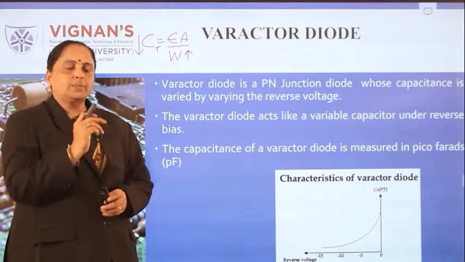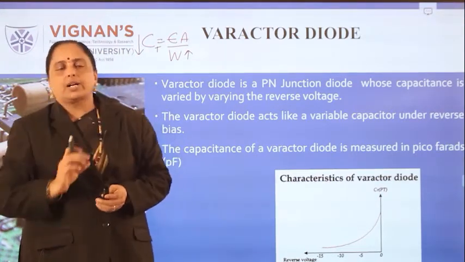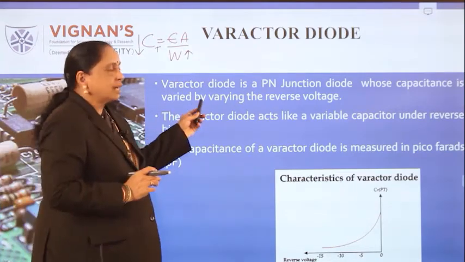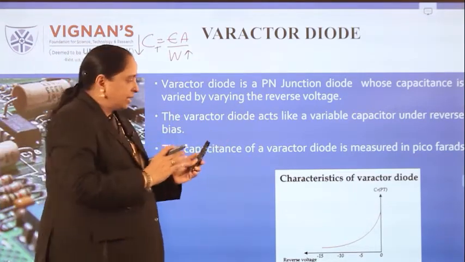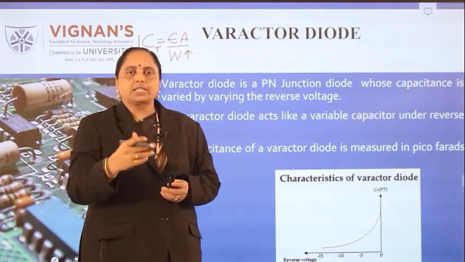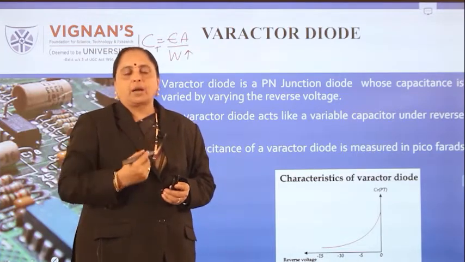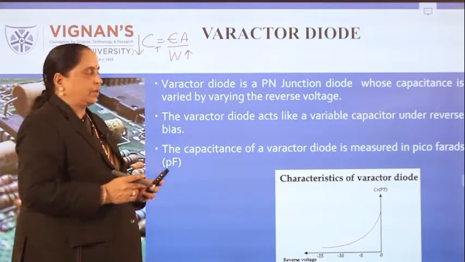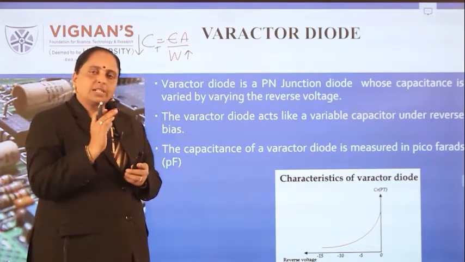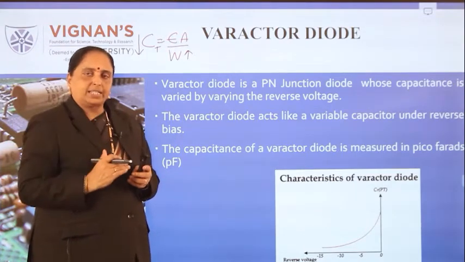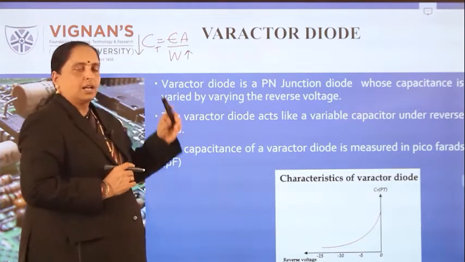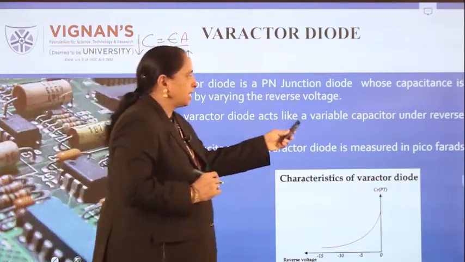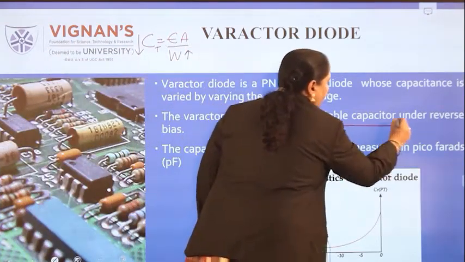What is the difference between a semiconductor diode construction and a varactor diode construction? This is a specially doped diode, because non-uniform doping is applied here to convert it into a special diode. The doping concentrations are slightly changed near the junction so that it is obtained as a varactor diode. So the varactor diode acts like a variable capacitor.